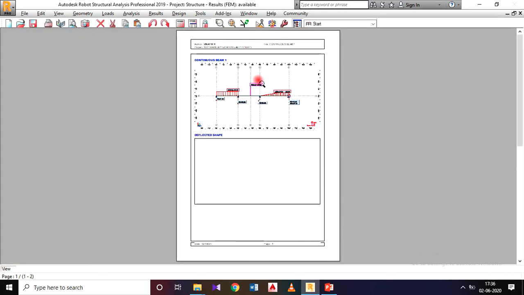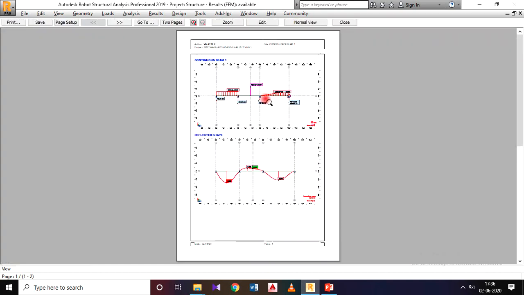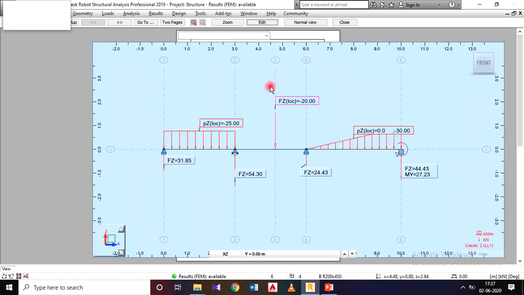Yeah, now we got the figures, and to set it properly, click on the edit. I got a pencil symbol. Now I need to edit this continuous beam. Click on this figure.